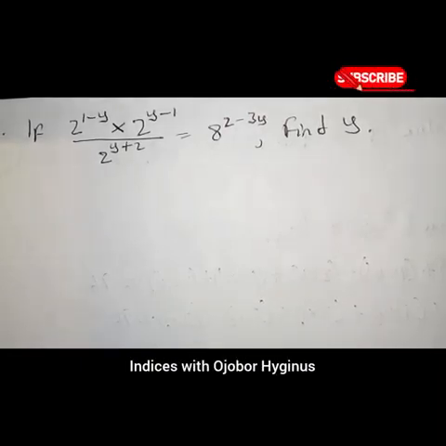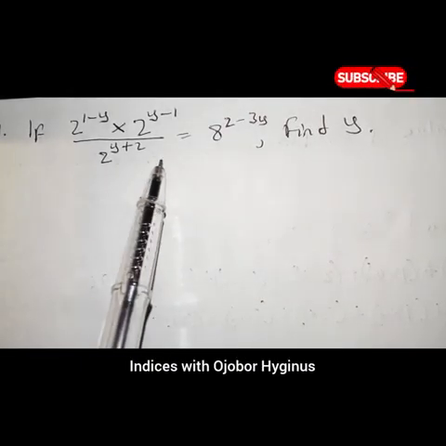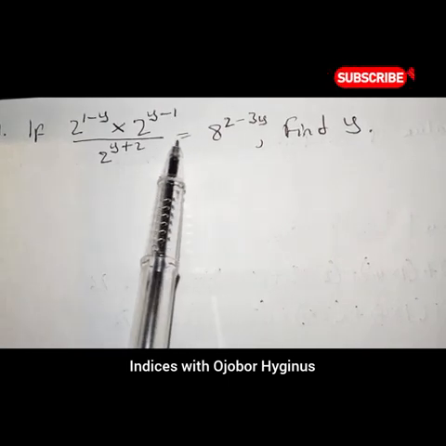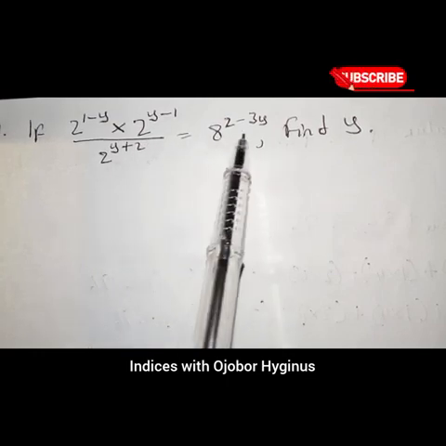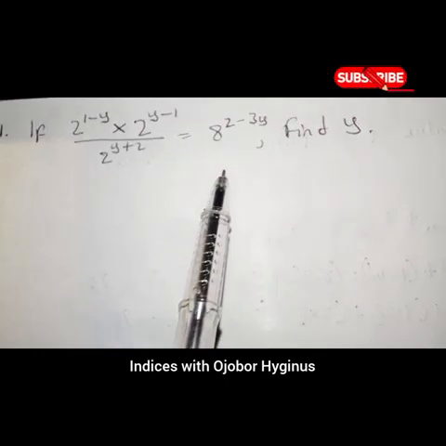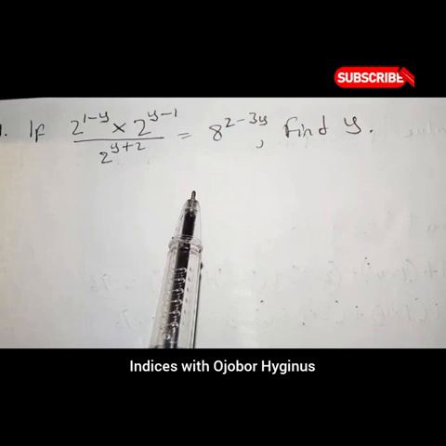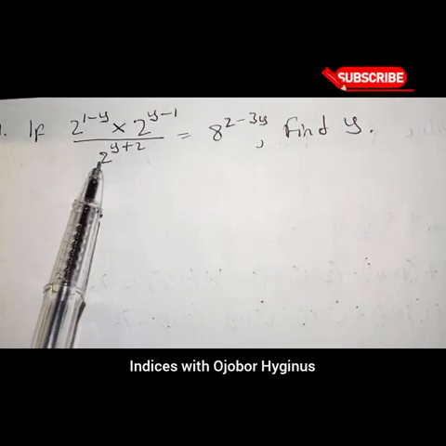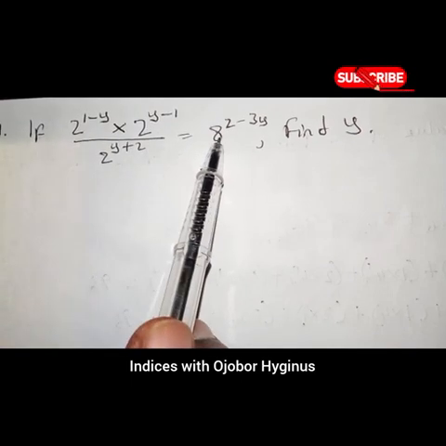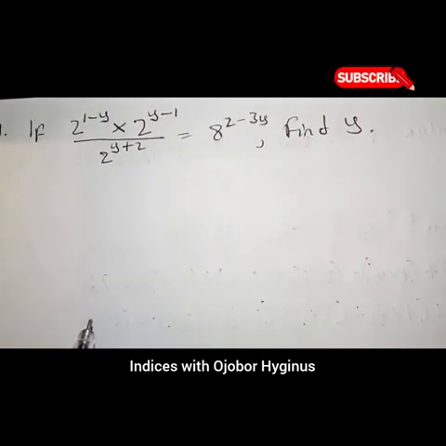Looking at this question on indices, all we need to do is to make every term in the equation have the same base so that they will have a common base. So if you look at these ones are 2, 2, 2, we can make this 8 to be 2 as